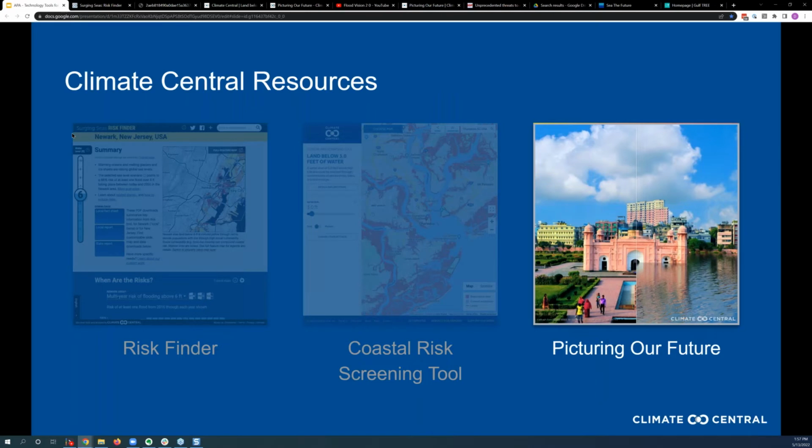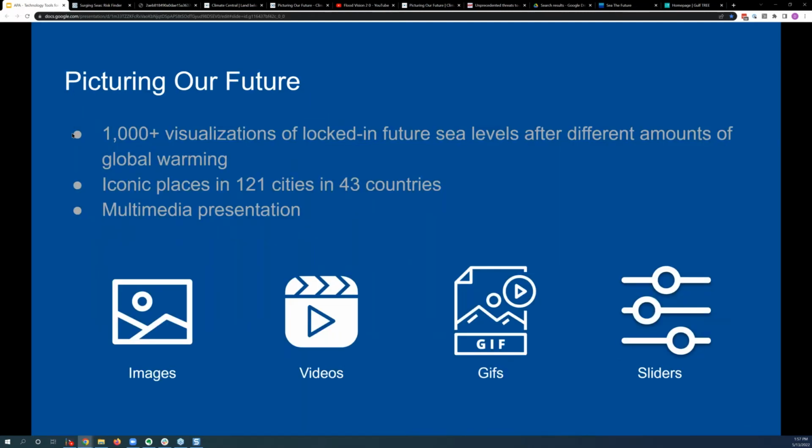And the third tool I'll show you briefly is something we call Picturing Our Future. It contains visuals that can communicate the risk of long-term climate change. It can inform long-term planning and communication regarding the mitigation of the risk of climate change. And actually, it's interesting. In my conversations with planners, they're paying attention to the tools I was showing you, but in some cases, they find these visuals could be useful to them, and that it can communicate risk to their colleagues or to their stakeholders.